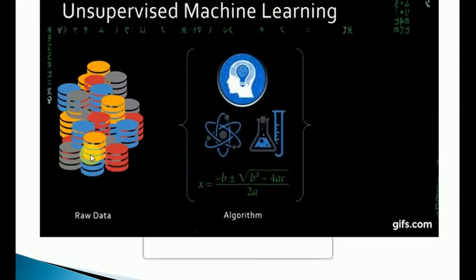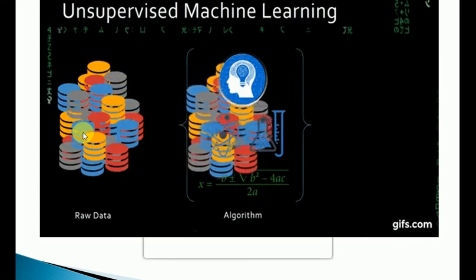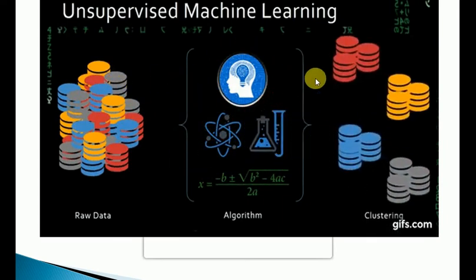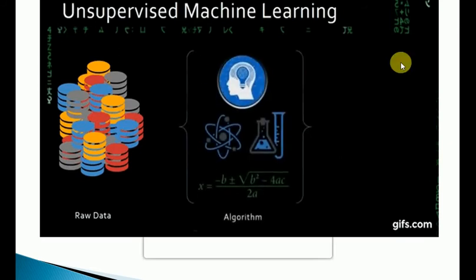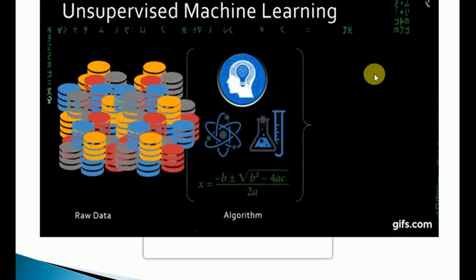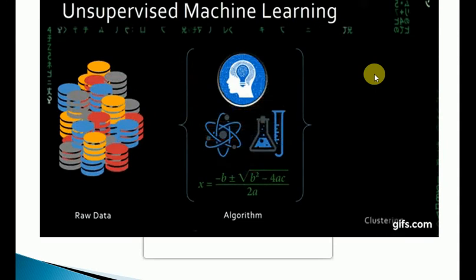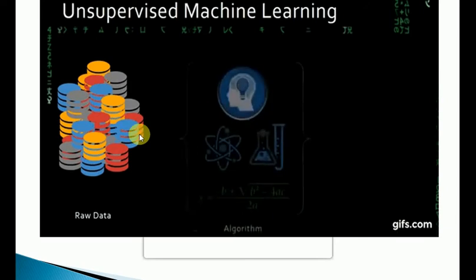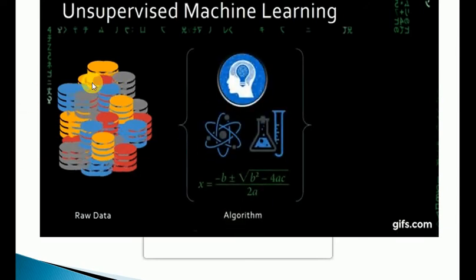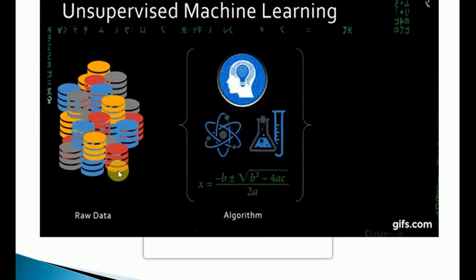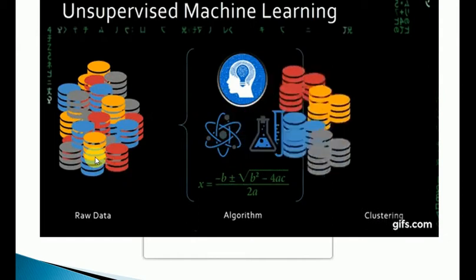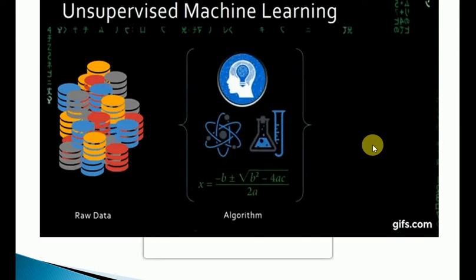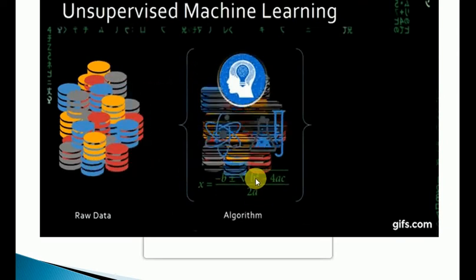Like here we have raw data, and on the basis of that raw data we have given it to an algorithm, and it has clustered. What it has done is split it into different types of red, yellow or blue coins. We can say that it has split the data using the algorithm, but we didn't expect what output could come. There could be a combination of outputs, sometimes red or blue, red or yellow, so the output can be different, and it totally depends on the algorithm which we assigned.